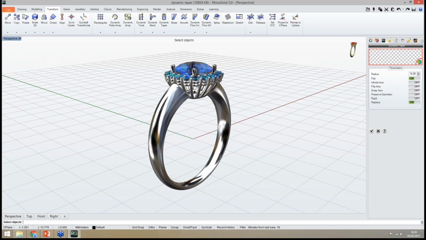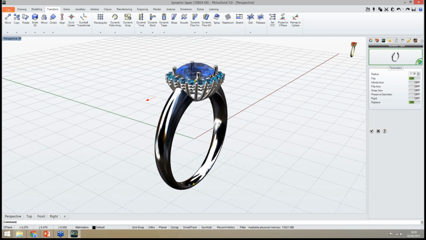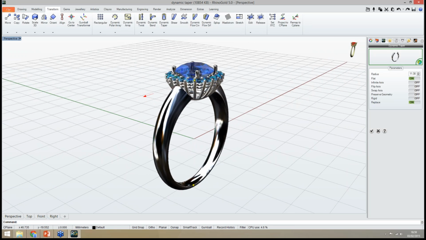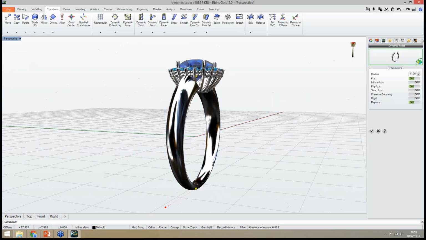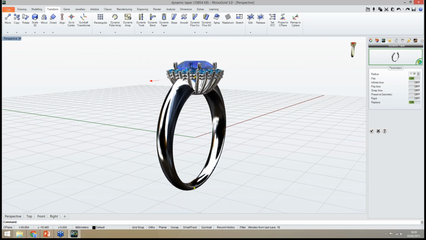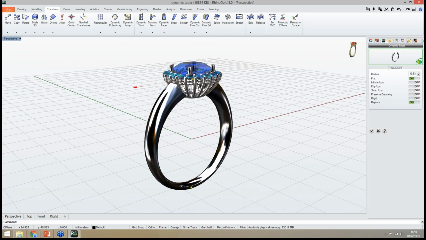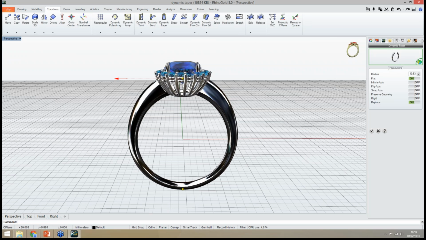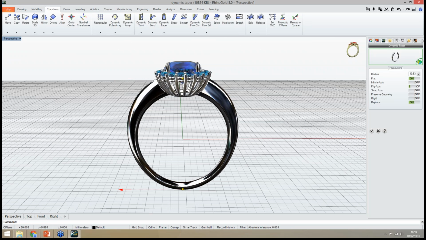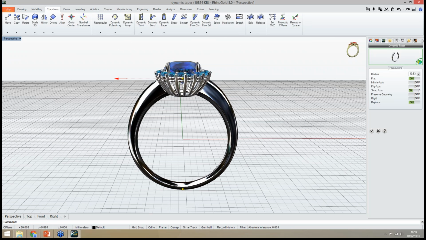I just, for instance, in this case, I select the objects I want to taper. I select the axis, and in this case, I would change the direction. It would be not this one, it would be the other, swap axis, I believe.